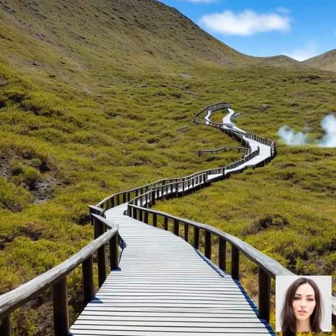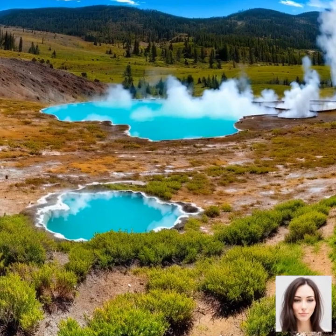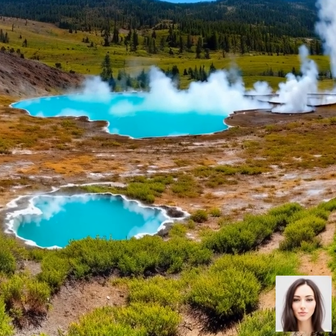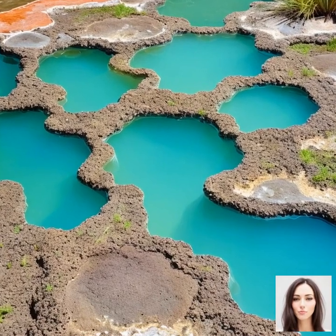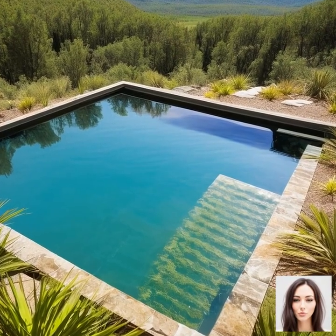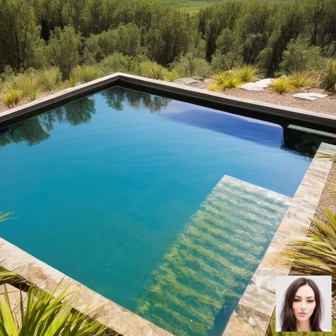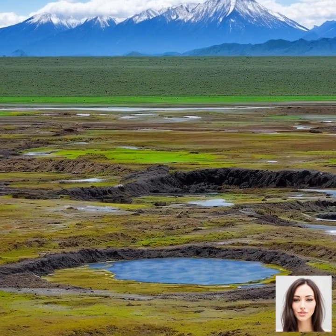One of the most famous features of Yellowstone is its geysers. The park is home to more than 500 geysers, which is around half of all the geysers in the world. The most iconic of these is Old Faithful, a geyser that erupts with remarkable regularity, shooting water up to 185 feet in the air. The park also boasts the world's tallest active geyser, Steamboat Geyser, which can erupt up to